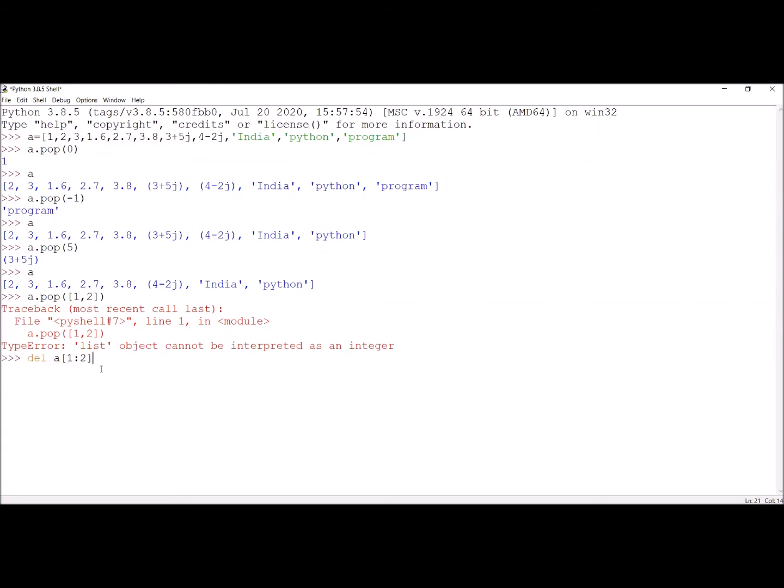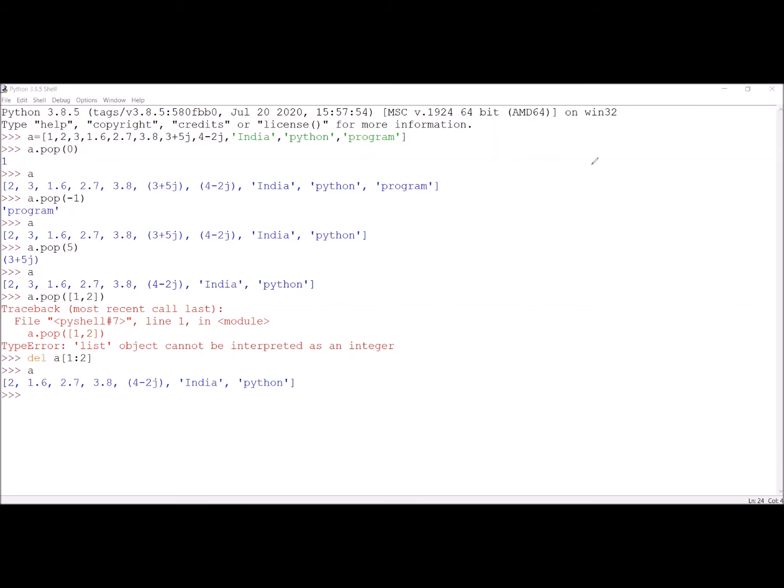Now you can observe here the index starts from 1 and should end at 2. We are telling it to delete the elements starting from index 1. The index 1 is 3 and ending at 2. The element at the second index will not be deleted.